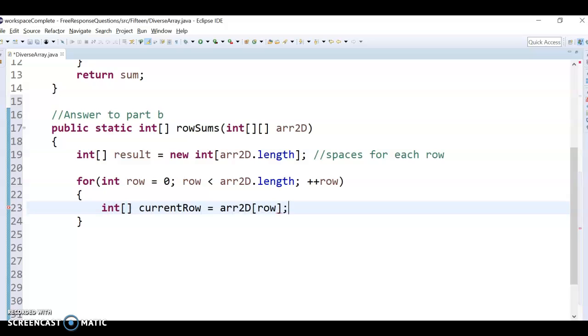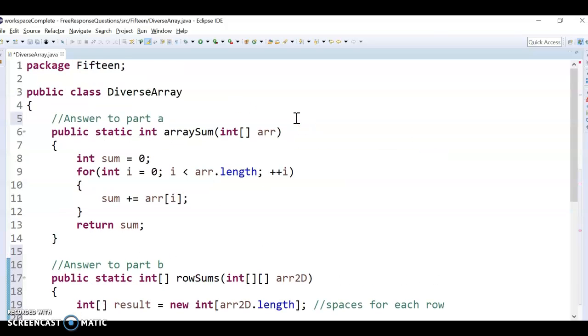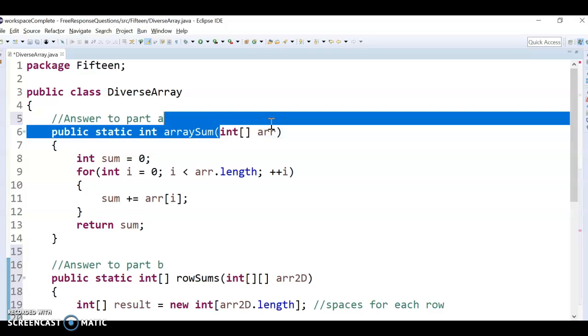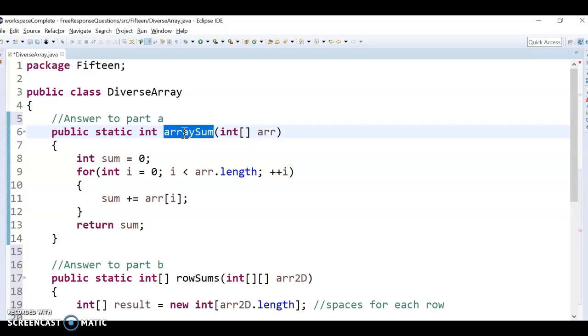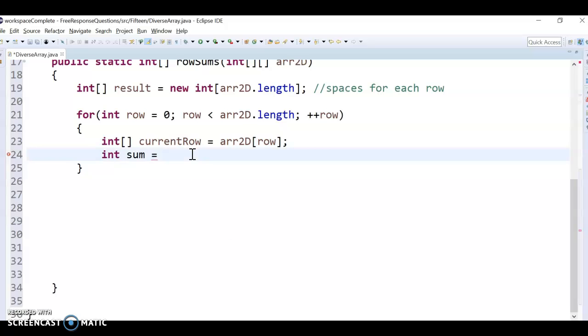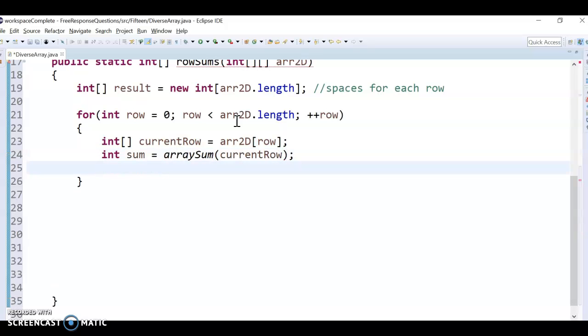Okay, so that will get the row we're on, right? And then I'm going to get the sum by calling my method from part A, and I'm going to pass in this 1D array. So I'm going to call array sum and pass in the current row that I'm on. And you could combine these lines, you could put this part right here too, so you don't have to create a single D array all the time. But anyways, I get that array, call my array sum,